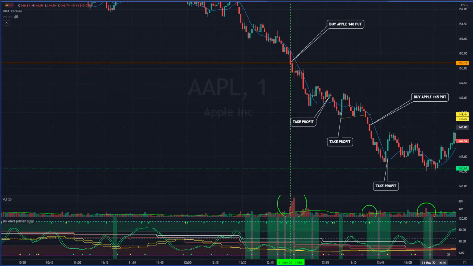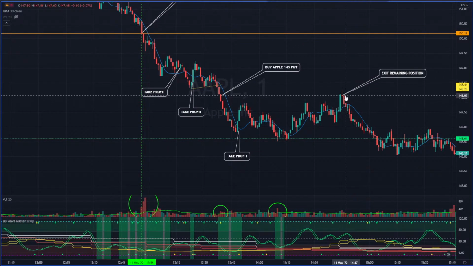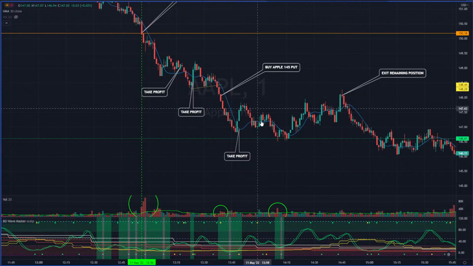And we were able to capture that. And eventually, at the end of the day, we were able to exit the remaining position here at break even. So even if you didn't take profit when I was saying, hey, you should be taking profit here, you were still able to get out at break even because, even though we moved sideways and actually started moving up a little bit,